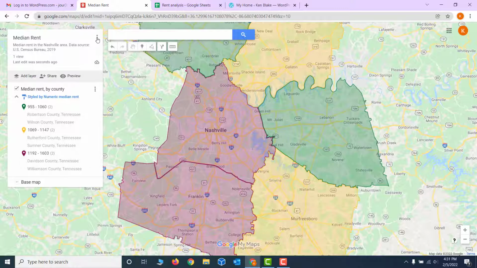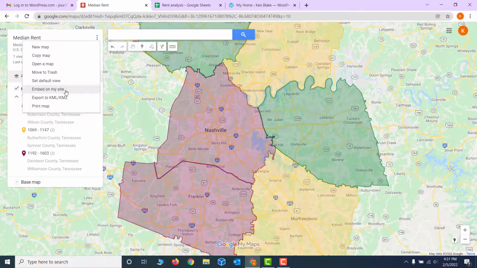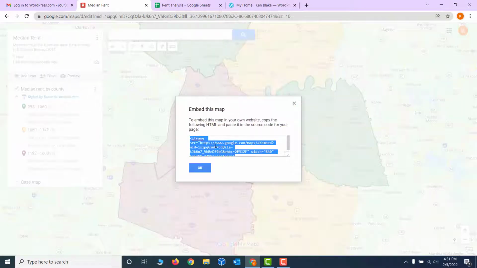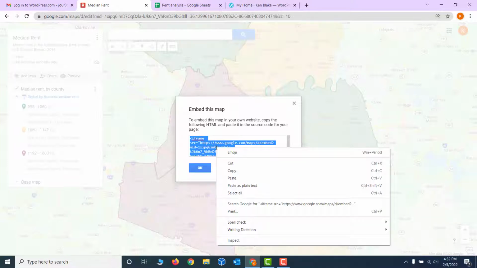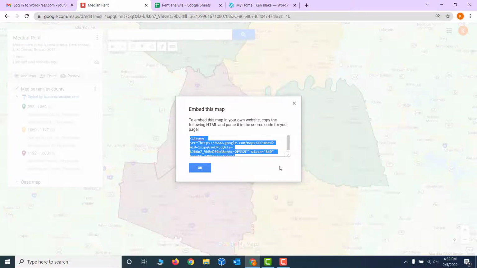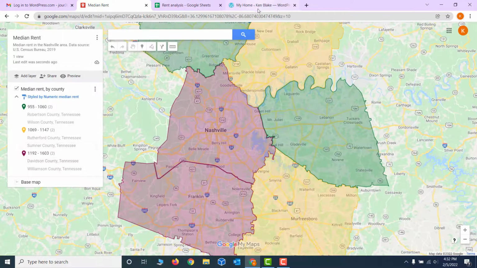Now, when you click these three dots here, you can find this Embed on My Site option here. Do that. And that's going to give you the embed code. If you skip the share step, it's going to tell you that this map isn't shared yet. You need to click the share button and do what you just saw. So be sure you do the share thing first, and then you can get this embed code. All right. So from here on out, it works the same as it did with your chart. Just right click and copy all this embed code right here, and then switch over to your WordPress site,